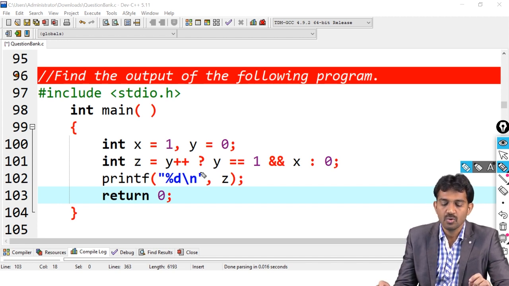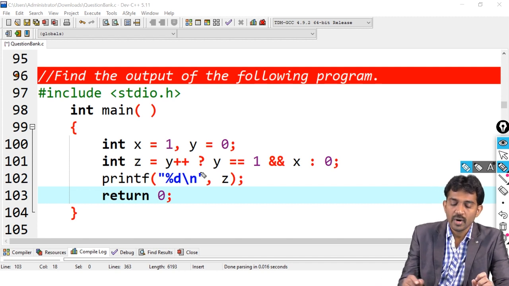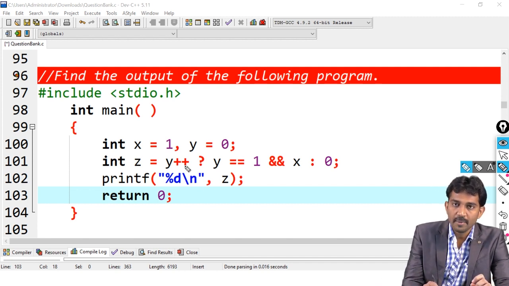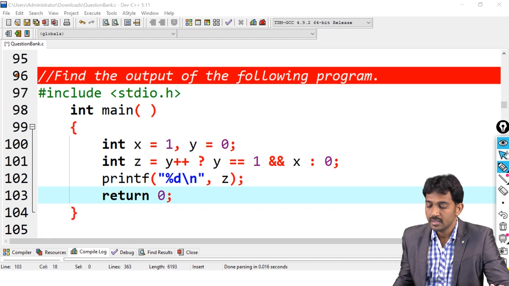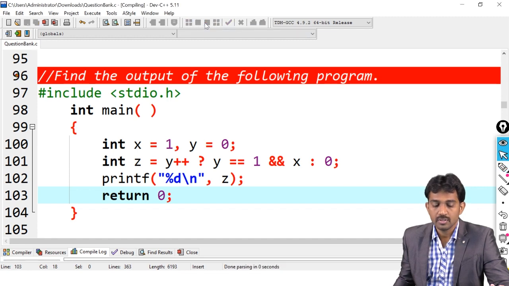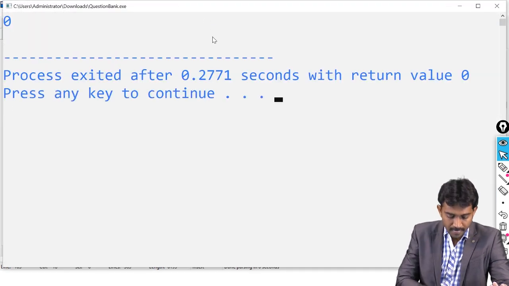Yes or no? Please note this. Y plus plus means the value goes directly here. If you run this code, 0 will be the output.